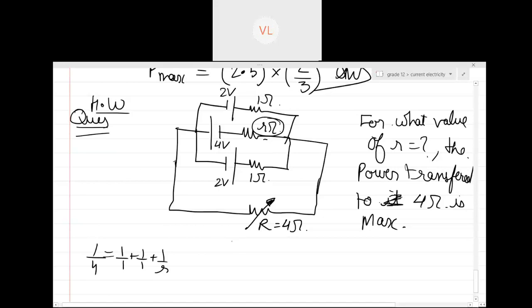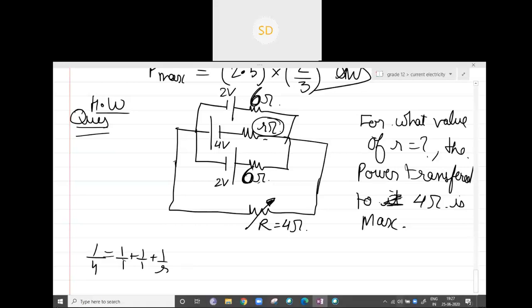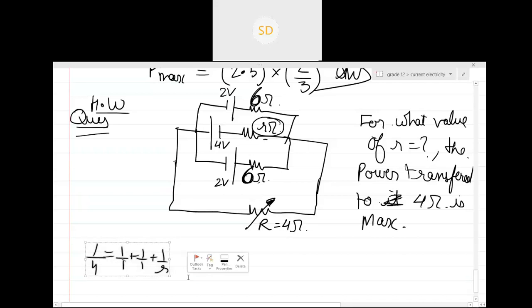Yes, it will be solved, but the value of R will come negative. Will R come negative with this? Huh? Wait, so how are you able to say that? No, it will come negative, because here these are all bigger. Let's name it as 6 and 6. Okay, guys. The value of R will come negative otherwise.